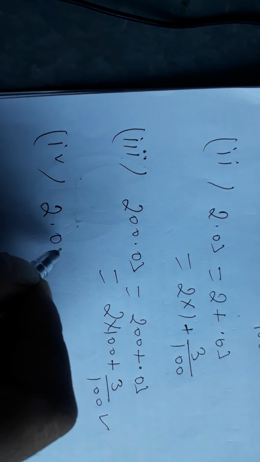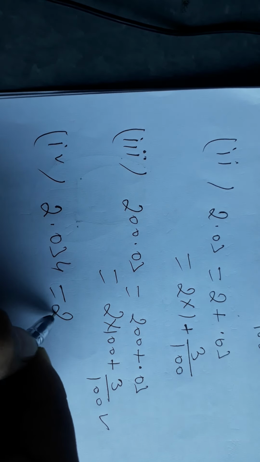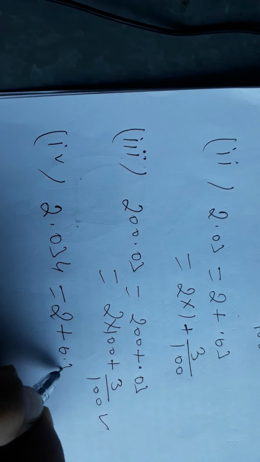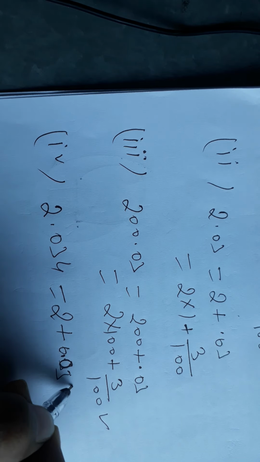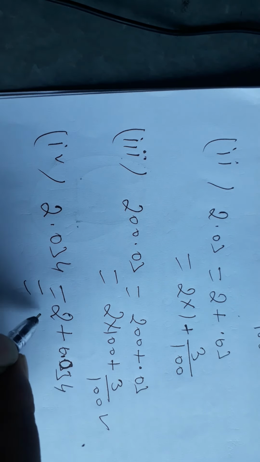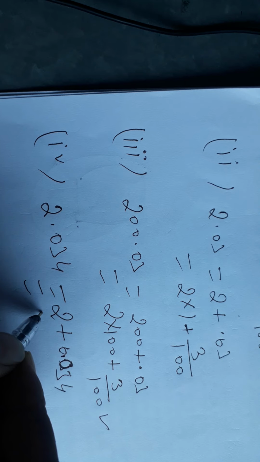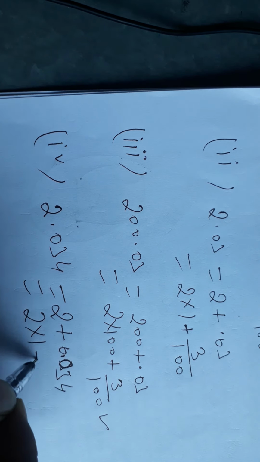Okay, and our fourth one is 2.034. This can be written as 2 plus 0.034. Okay, so 2 can be written as 2 into 1 plus